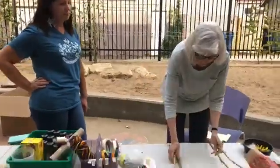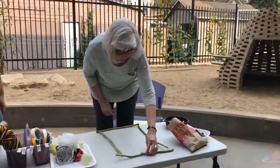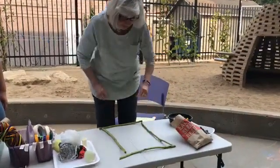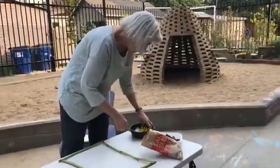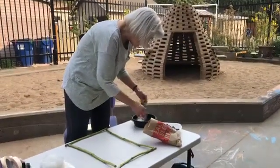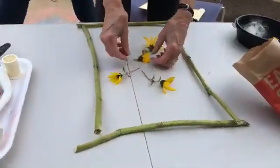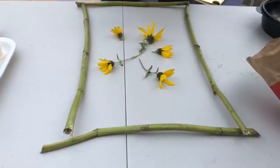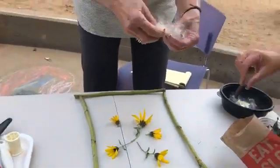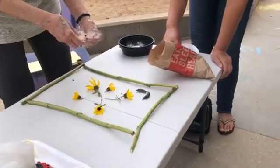Okay. We found 4 sticks, and we're going to build a picture frame. Well, I guess it doesn't have to be a picture frame. It's a frame. And in that frame, we found some other things on our nature walk that we might want to use to embellish this. I found some sunflowers. Let's see what we could do with this. Okay. How about, woo! Look at these. We found these pods. Oh, look at those kinds of pods. And then there are some seeds. I wonder if we put,